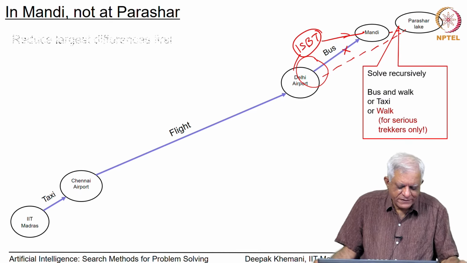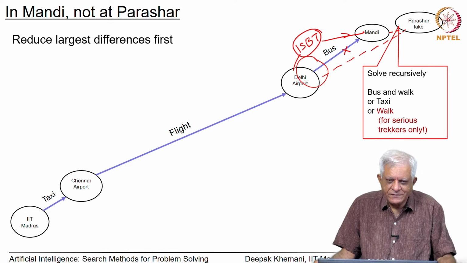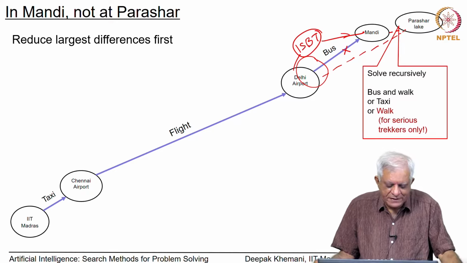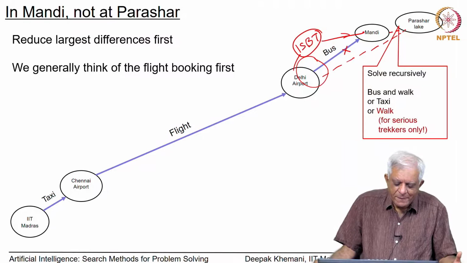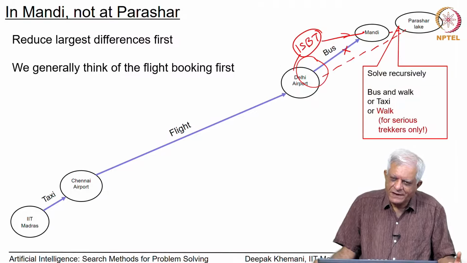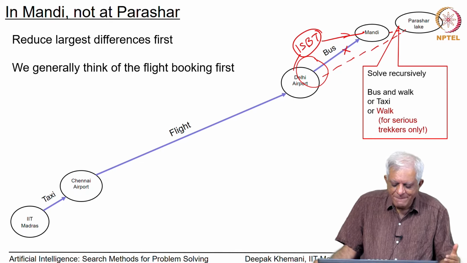The strategy that we have been talking about is reduce the largest differences first, and that is what we wanted to illustrate with this example. That is what we get out of this means-ends analysis strategy given to us by Herbert Simon and Allen Newell essentially. When we do such planning, we often think of the largest differences first: what is the main thing I want to do? That I want to book a flight from here to Delhi or here to Chandigarh or here to Dharamshala or here to Kullu, as the case may be,